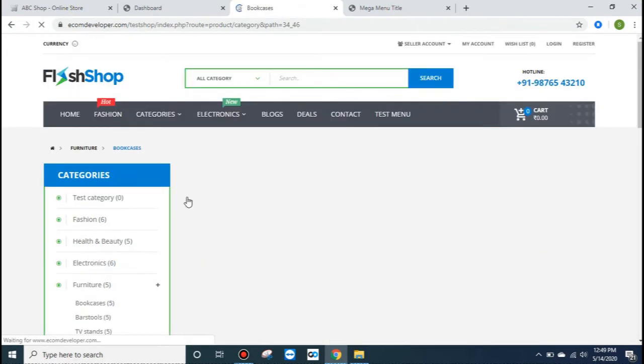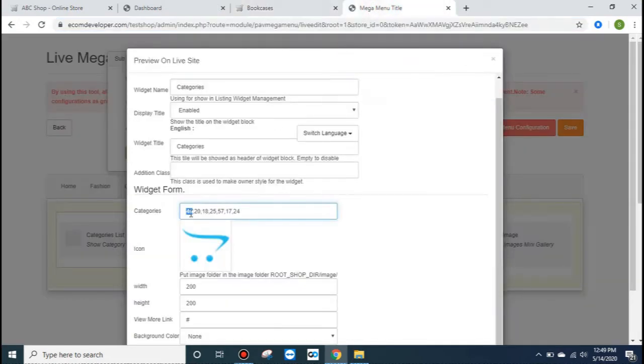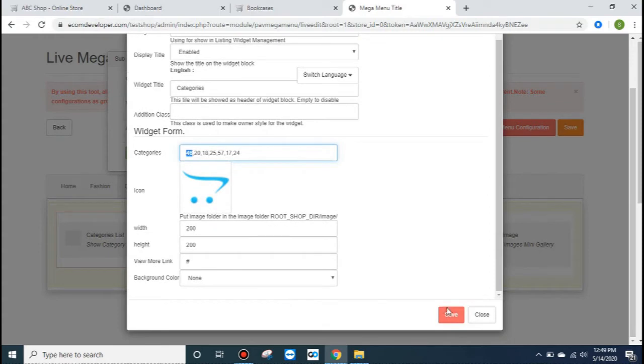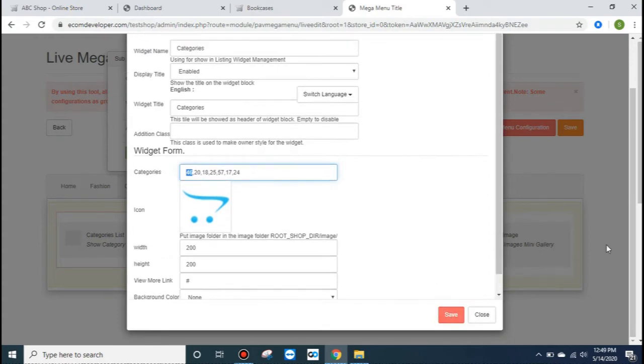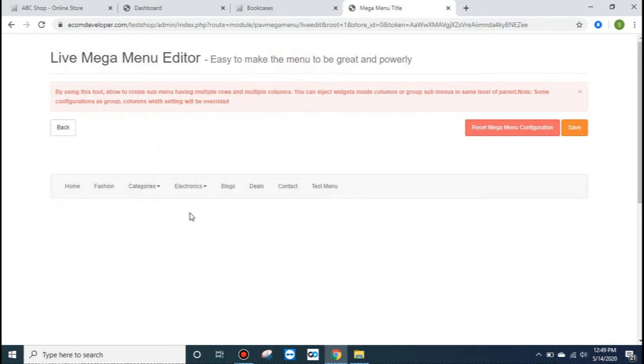The ID is 46. So from here we can pick the ID number and we can put it like 46 comma and other ID numbers. Okay, and after that you can save it. So we will learn it separately also, and this way you can study and you can create different menu.